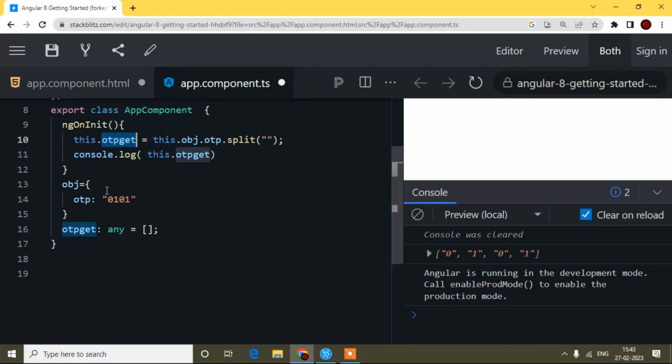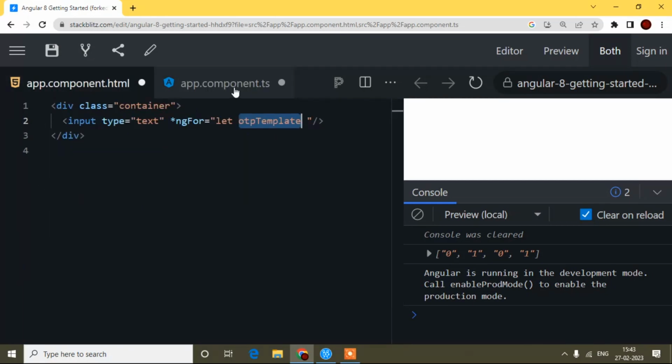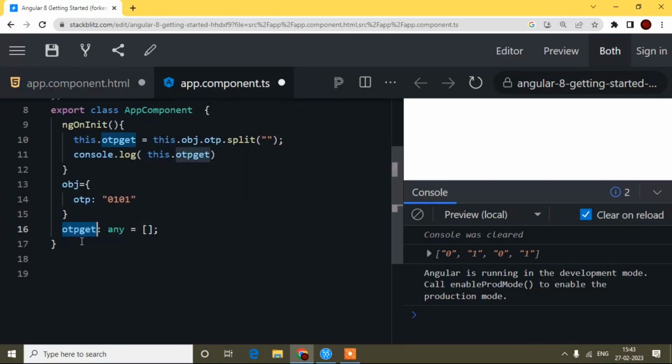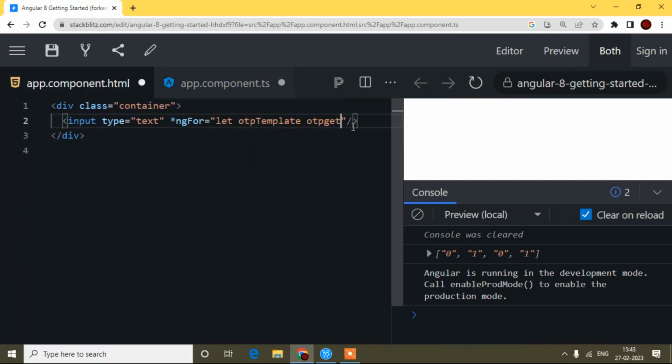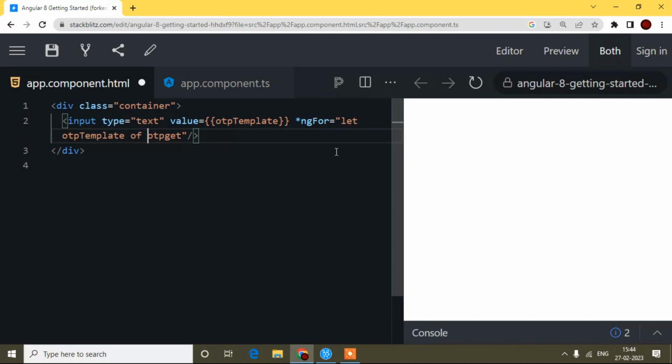This OTP. So here there is no need to write the this keyword, because I'm storing inside this OTP variable. When using the this keyword I'm storing, but here it is now not required, because I already said we use this keyword when we write inside a method. ngOnInit is also a method, so that's why I'm writing the this keyword. But when I use it here, that time it's not required. So I will just copy this thing and paste it here. Here I have to write the of keyword.